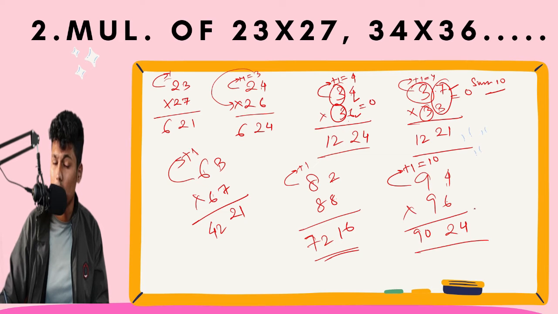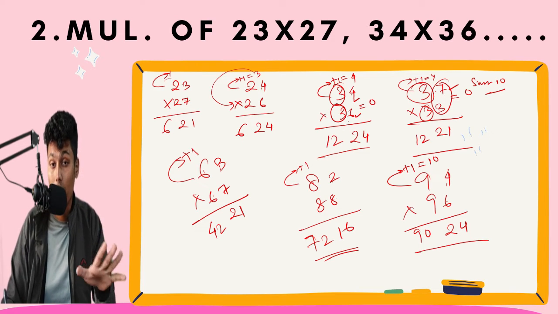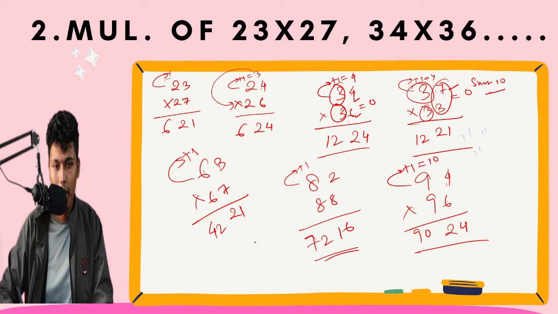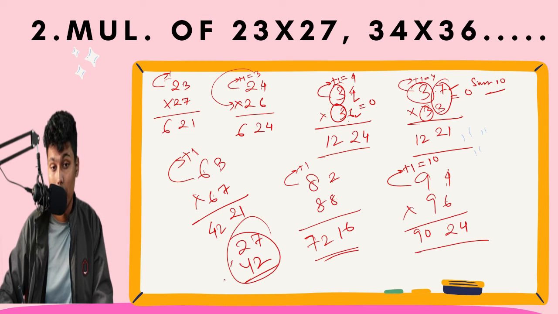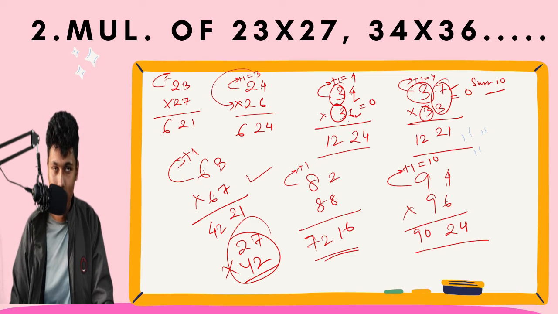So you can see the techniques that we discuss in 1 and 2, the steps that we are doing are same for both the techniques, okay. Now you'll say how you are going to multiply like 27 into 42. In this multiplication these techniques don't apply. You're asking that, right? You will be thinking like that. So we are going to discuss about that. So let us go to technique number 3.